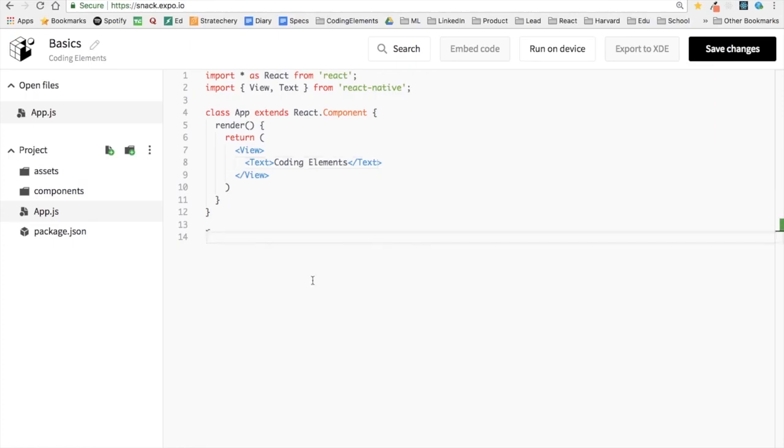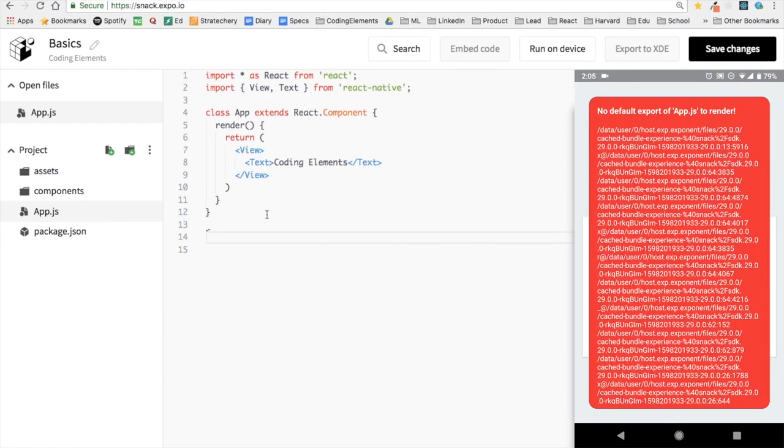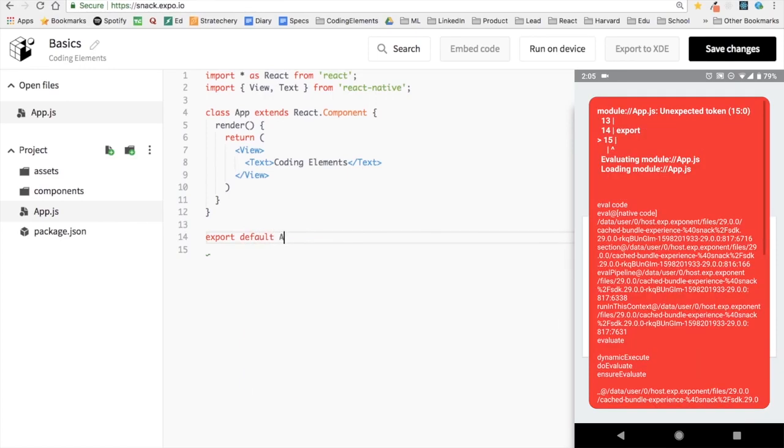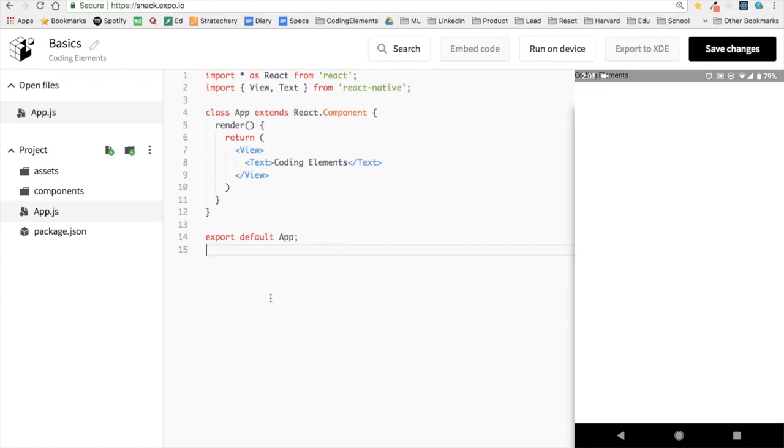Now we have built an app using the components by importing the components from packages. Now we have to export the application as well so that we could be able to use it outside this file or module. So for that, I'd be writing export default App, and just after writing it, you can see that on the top left part of the mobile screen, we can see 'coding elements' text being rendered. Now let's repeat the coding elements line, and we can see that the moment we are changing the code in our app.js file, the updates are being rendered on the mobile screen.